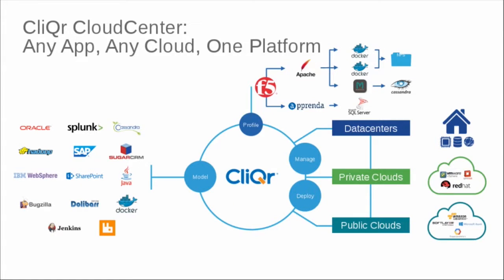One of the other powerful technologies coming out of our group is a technology called CliQr CloudCenter. This is a recent acquisition by Cisco. The idea around CliQr was to be a cloud automation platform, but one that's designed around policy and modeling your application templates. So again, it uses as a first-class citizen this concept of modeling dependencies of your application and allowing you to deploy that in multiple environments, be that in your private data center, on your Red Hat-based OpenStack cloud, or if you chose to use a public cloud for that application, it will actually make sure the same policy is deployed across all those environments.